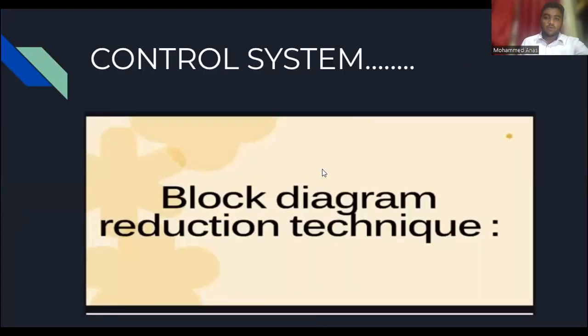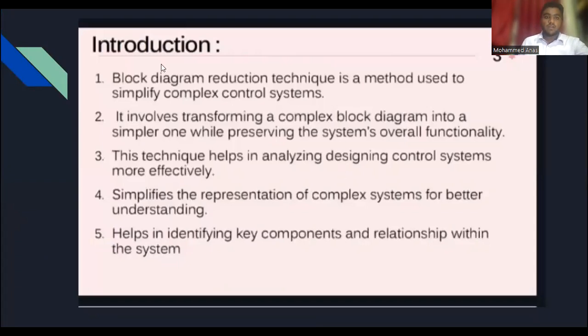In this video, we are going to learn about block diagram reduction technique in control system. Introduction: